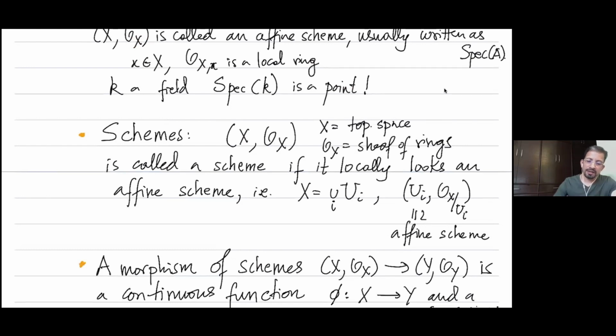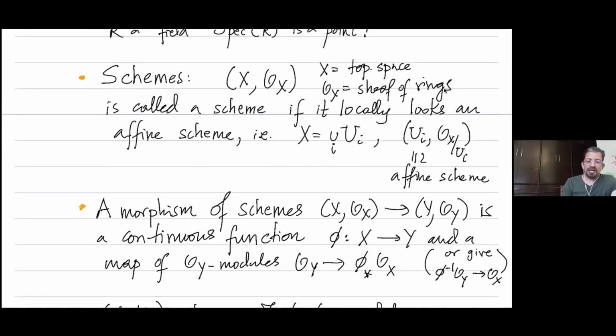A scheme is obtained, just like we did last time, by gluing together various affine schemes. So simply glue them together and you get a scheme. So X is equal to the union of U_i, and then a scheme is a topological space with a sheaf of rings, such that when you restrict to U_i, this topological space with a sheaf of rings is isomorphic to the